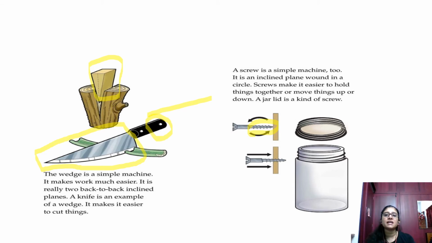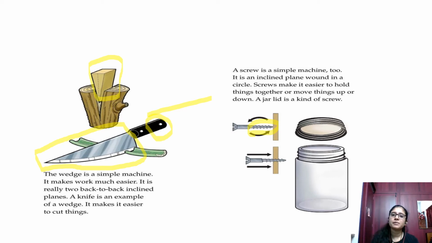So screws make it easier to hold things together. What is the job of a screw? You can join two things together. You cannot stick everything together, right? For some things like wooden furniture, they use screws to make it tight. To make two things tight, we need a screw. Even your laptops have got screws. Okay, so for what purpose? To hold the things very tightly. So that is the job of the screw.